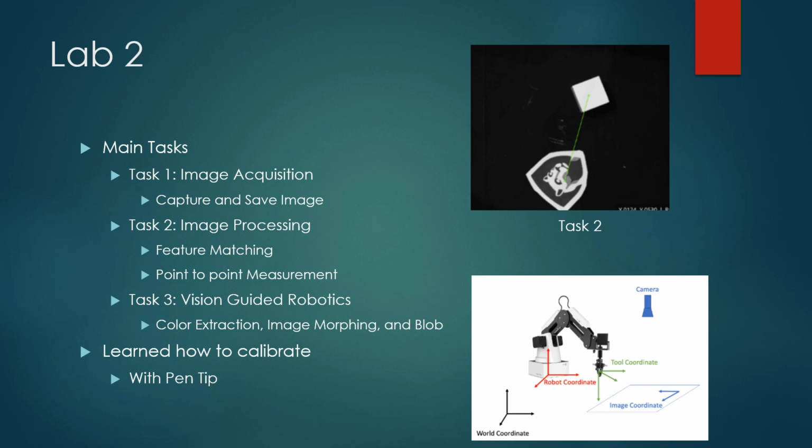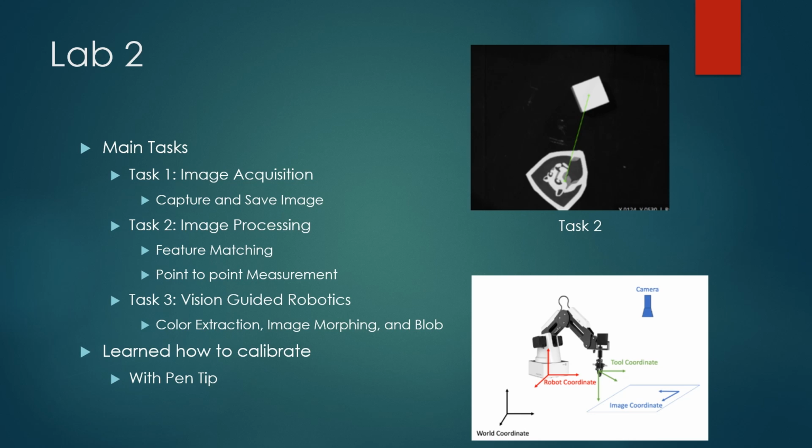And in this task, we would then use that saved image from task 1 to create a template for a specific picture or object for the camera to match it in feature matching. And in that task, we also learned how to use point-to-point measurement to determine how far away different objects are